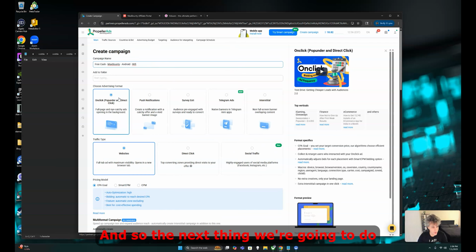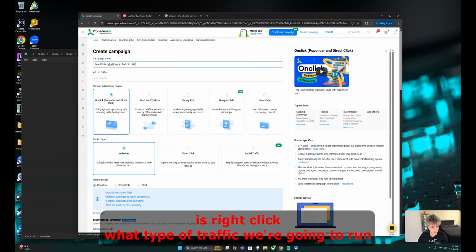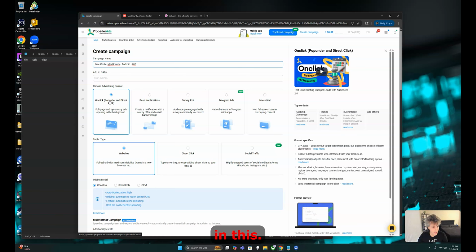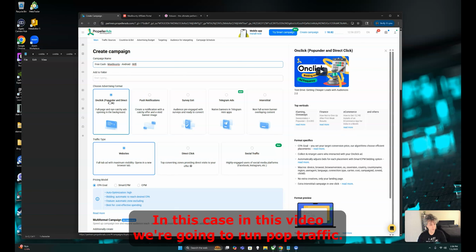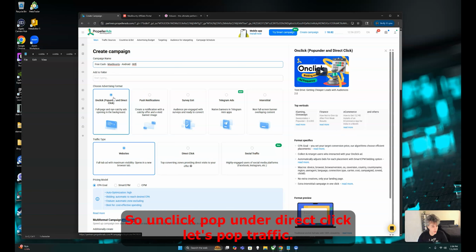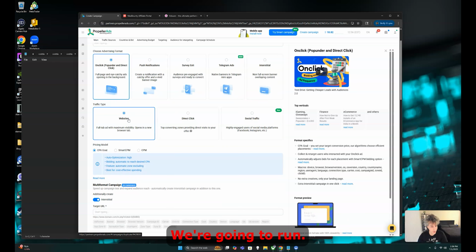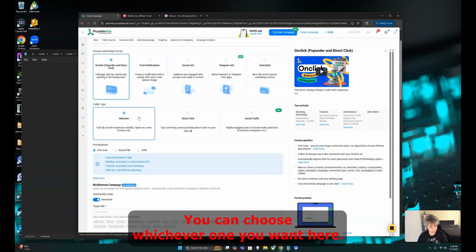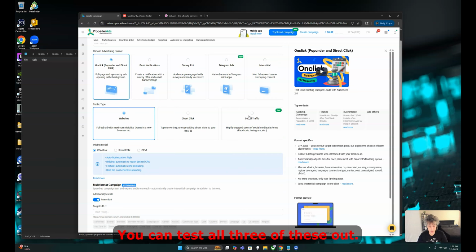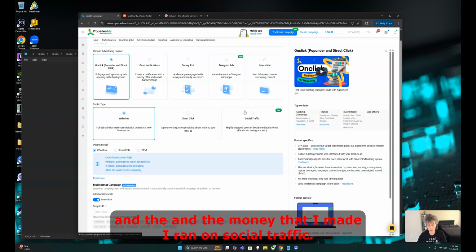And so the next thing we're going to do is click what type of traffic we're going to run. In this video, we're going to run pop traffic. So on click, pop under, direct click, that's pop traffic. You can choose whichever one you want here. You can test all three of these out, but for this video and the money that I made, I ran